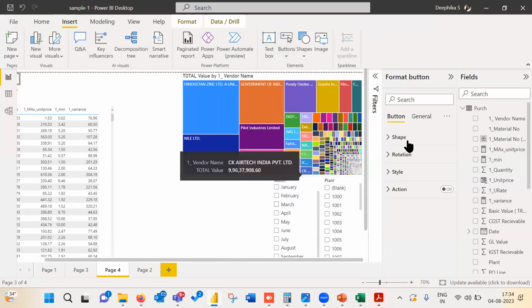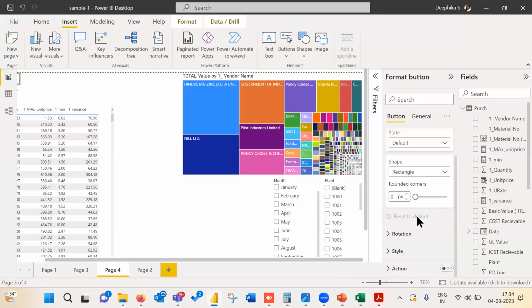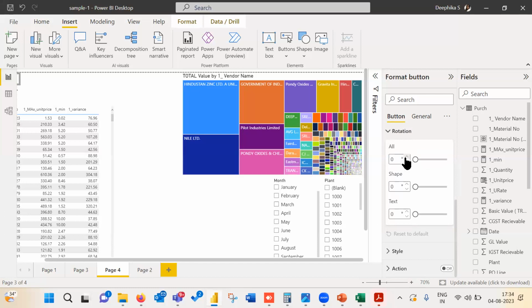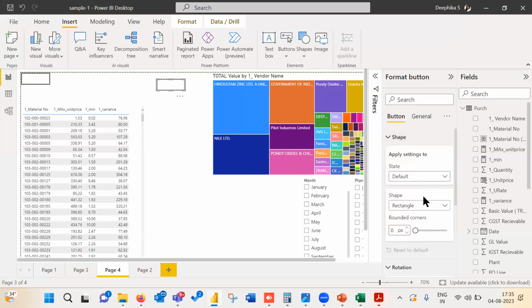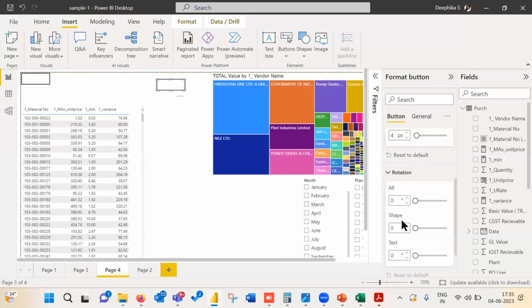First one. So this is the button. You can create format, size. You can change the color around the corner like that.